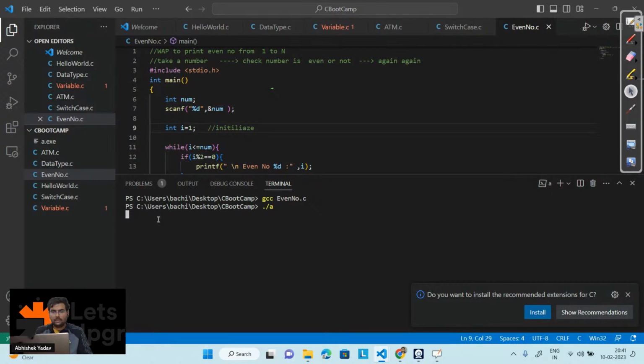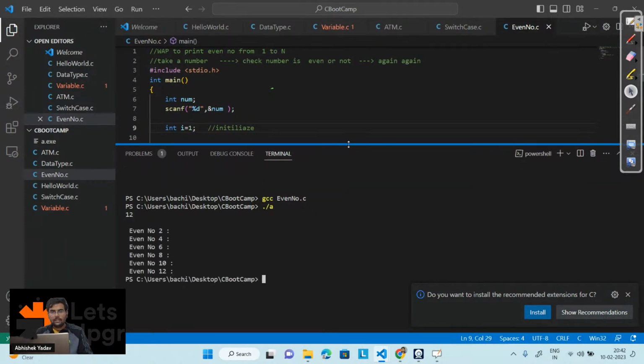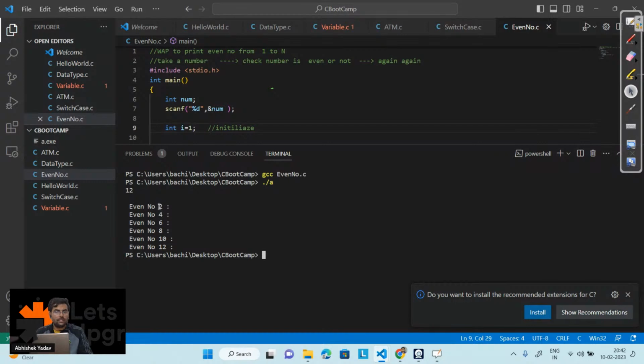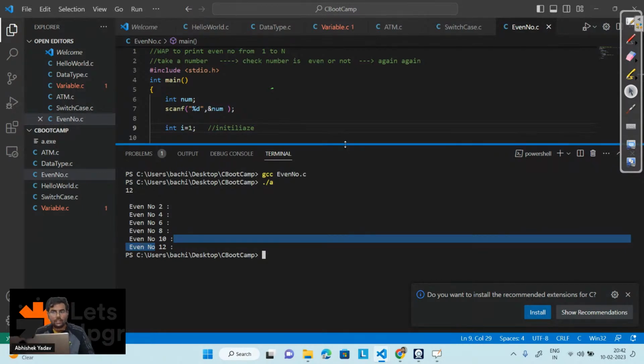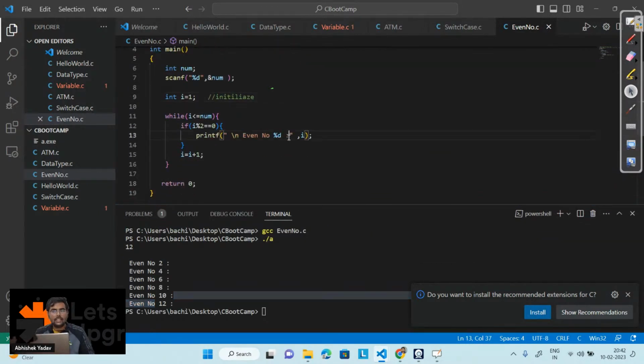Let's give the input as 12. Okay, let's see. So here it is saying, hey, even number 2, even number 4. So here you are getting the numbers, right? That is 2, 4, 6, 8, 10 and 12. Everyone is clear till this point? Yes or no, guys? If you are clear with the code, can you guys tell me